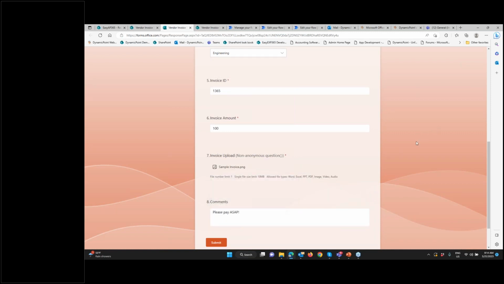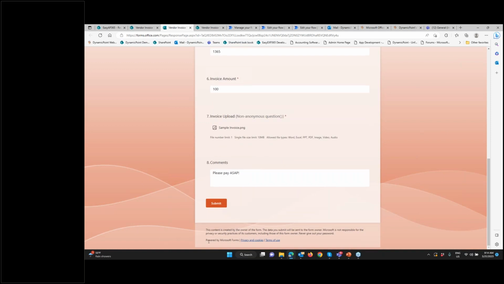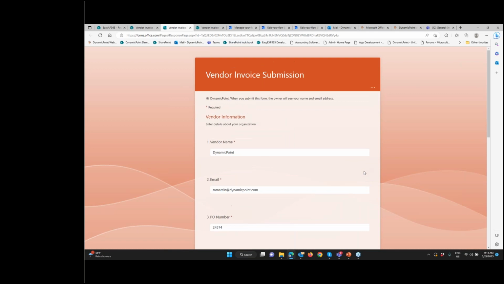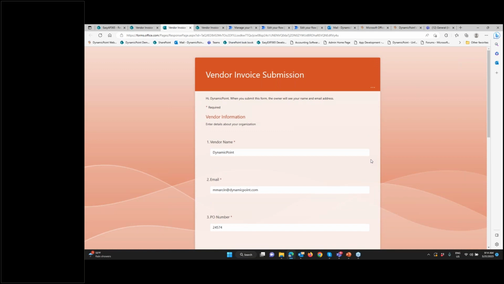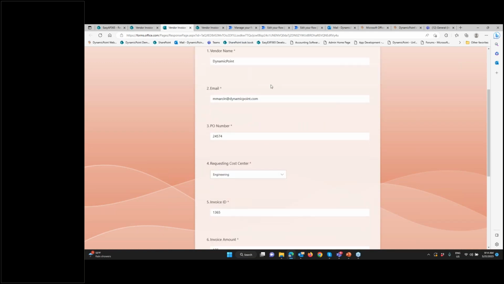Okay, so a few concepts before I submit this. One, again, powered by Microsoft Forms, you could add as many fields as you want. Why would I do this as opposed to email? The biggest thing is I can enforce data collection that I don't have to go back and forth and ask people for. So OCR could obviously do a lot of this, like the vendor name and the PO number OCR could pick up on,